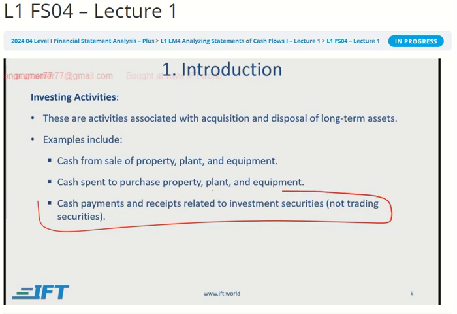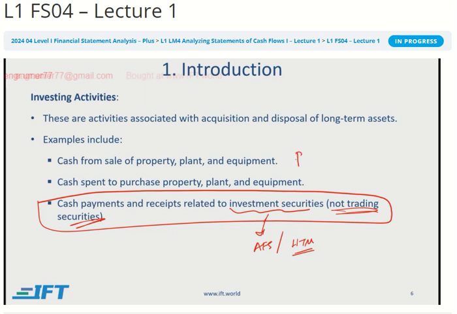But naturally, if you're not buying and selling, or rather trading these securities, but you're investing in them for the long run, right, available for sale or definitely held to maturity, it will be shown in investing activities. What else is there in investing activities? Any other kind of long-term asset that you might be buying or selling. So if you're selling property, plant and equipment, non-current assets, or if you are buying non-current assets, they will be